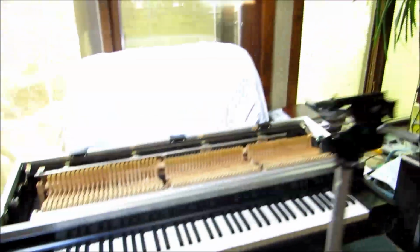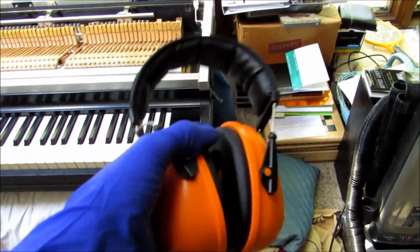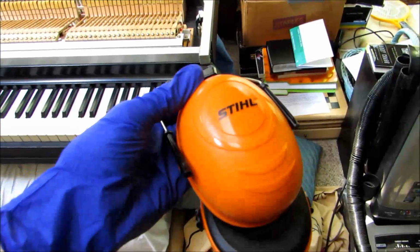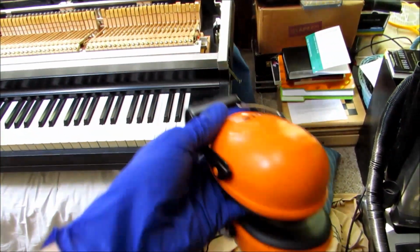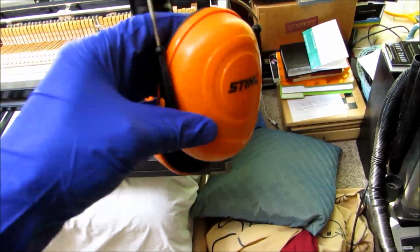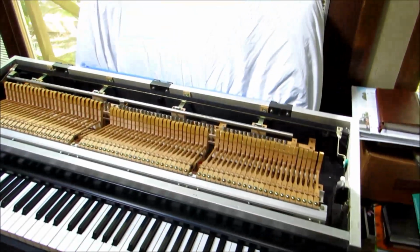So with the vacuum, you're also going to want some ear protection, because after a while, you will probably get some ear damage using this because this thing is loud and annoying. So I'm going to be using just these. They work great and they're comfortable, more comfortable than earplugs. So it's going to look awkward, but who really cares? I'm in my house. So without further ado, let's get